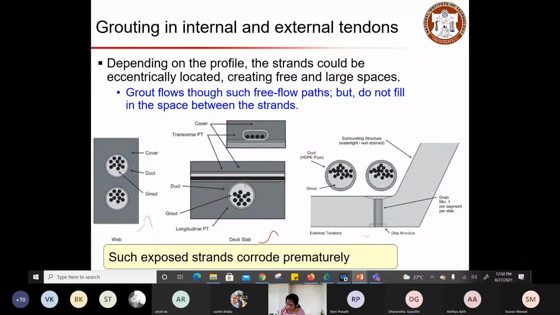So in such cases, you also provide drainage. Especially for bridge structures, we provide a drainage system so that there will not be any accumulation of water on top of the structure. So you have this drainage segment here. The surrounding of the structure should be watertight and well drained. So you have provided these sloping regions, and all the water will get collected at that point, and it will get drained out through this. The idea here is we try to avoid contact between our strand and water as much as possible, and we do all the possible ways to ensure it.